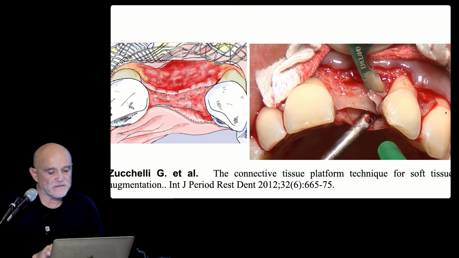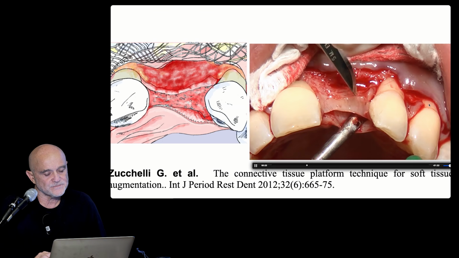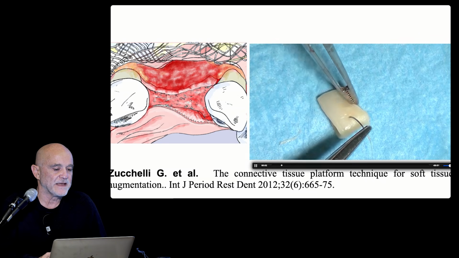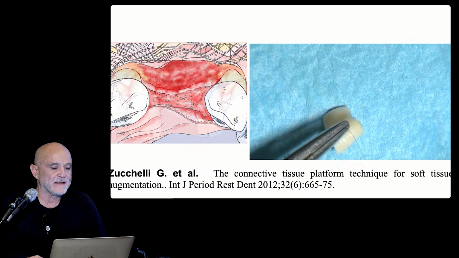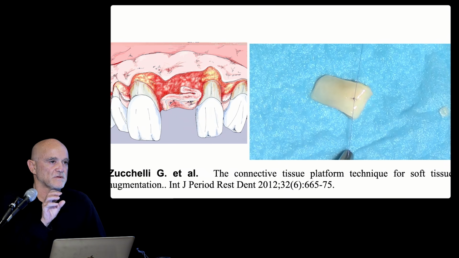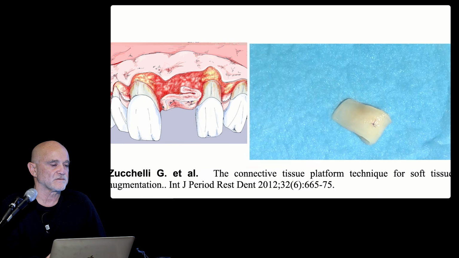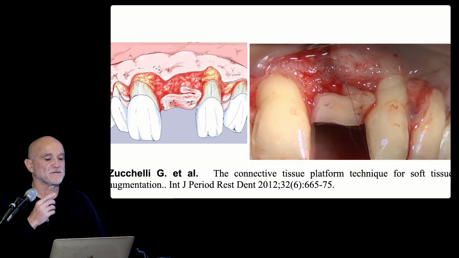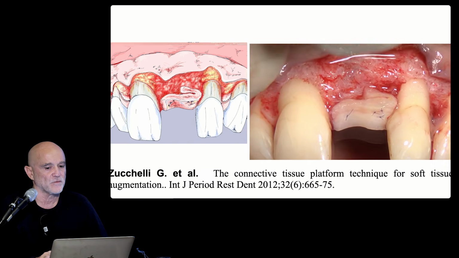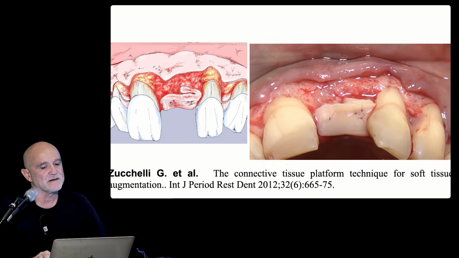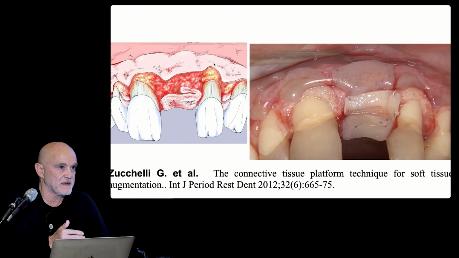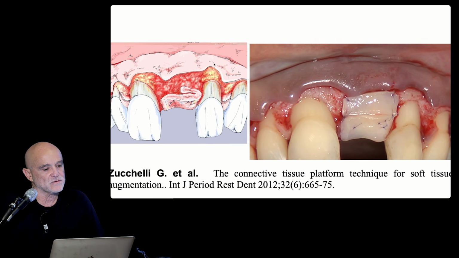Once the platform is completely deepithelialized, we have to find a way to create a double layer of the connective tissue graft in the area where there is much more papilla loss, that was mesial to the lateral, then distal to the central. And so we fold the graft, not completely like in the case I showed you this morning, but only half of this graft is folded, so we can create a double layer in the site where there